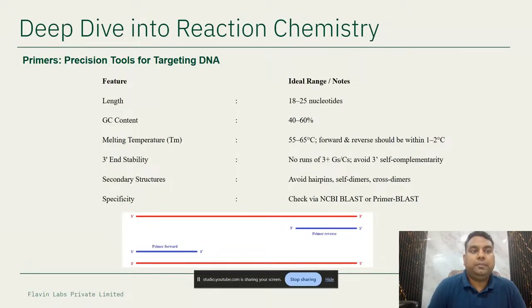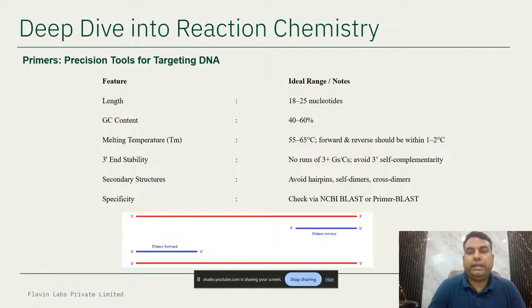So, what are primers? Primers are the starting point for our amplification step. Their length should be 18 to 25 nucleotides. Their GC content should range from 40 to 60 percent. Their melting temperature should be 50 to 65 degrees. The difference between the melting temperatures of forward and reverse primers should be within 1 to 2 degrees centigrade,